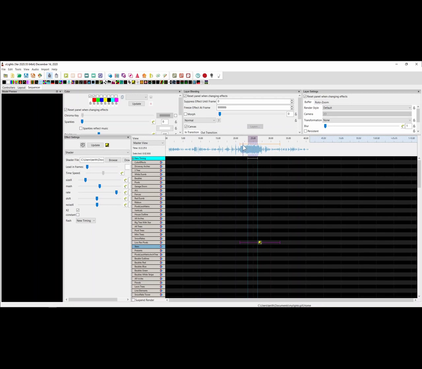And when I play this, you can see when it hits the timing track, I don't know if you saw it, it was very brief, but there was actually a flash of lightning, and that's because that flash is actually triggered by the timing mark. So if I want to put in lots of flashes, I can put in lots of timing marks. And when I play it again,